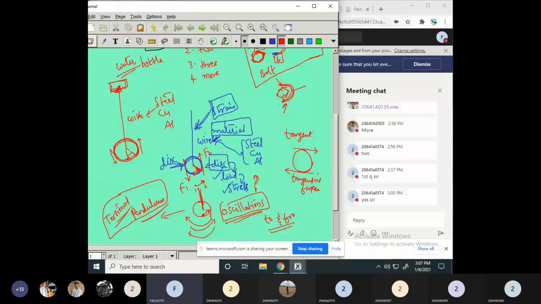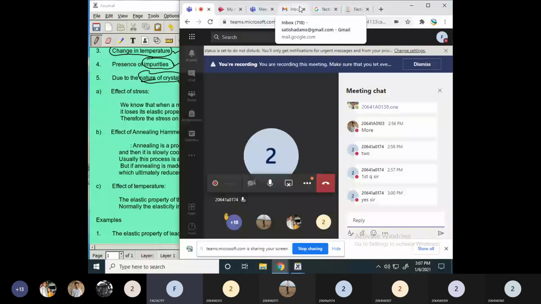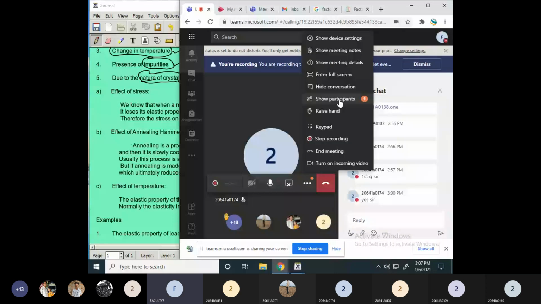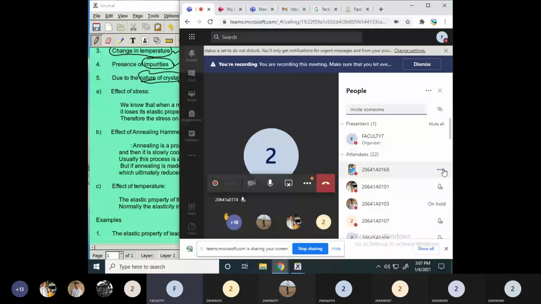Now here it is already 7 minutes past 3. If you are having any doubts, you can express either here itself or tomorrow, or else on the WhatsApp group. There also you can express your doubts. Someone is there. Okay, 168, actually I had unmuted you, but I didn't get any response from your side. It is already unmuted.